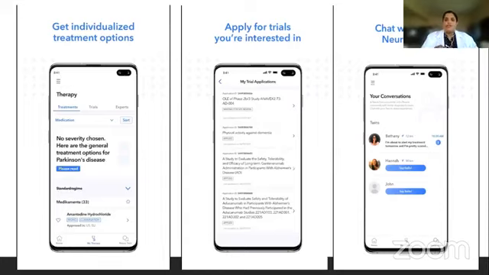So this app will provide all the information on treatment options, including medications and rehabilitation services. In the same way, it has other features. There are many clinical trials going on throughout the world, and if a patient is interested, the patient can register in that clinical trial. Another feature of this app is chat with NeuroTwin, where patients with the same condition can chat together. They can form a group, share, and get more information.